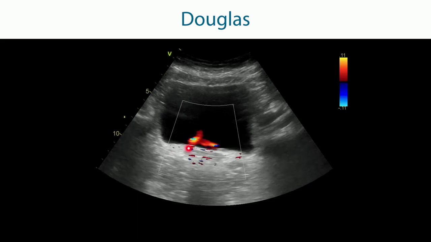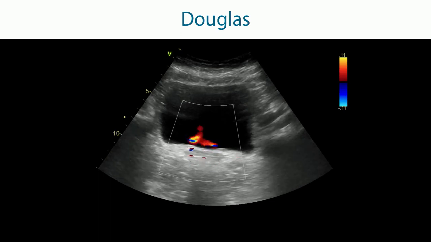Tommy, you're absolutely right. It's rather easy, but did you know that you can use color Doppler in scanning the bladder? Well, I assume that you're going to show us an example. Of course, here you can see urine entering the bladder, and you can visualize this with the help of color Doppler. We saw color Doppler in cardiac ultrasound. You of course can use it in abdominal ultrasound as well. If you see urine entering the bladder like this, you can be quite sure that there is no complete obstruction